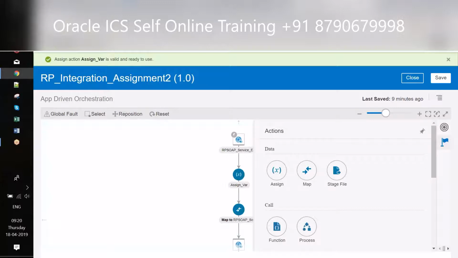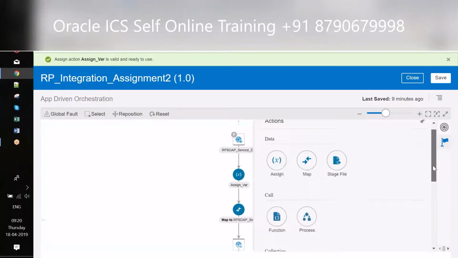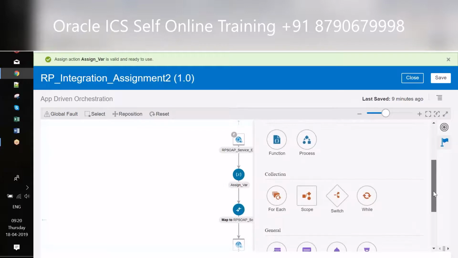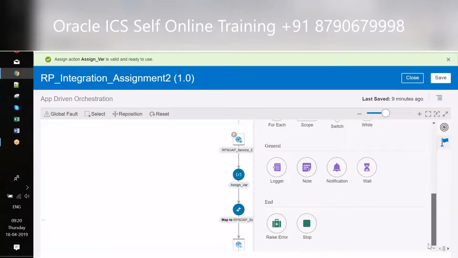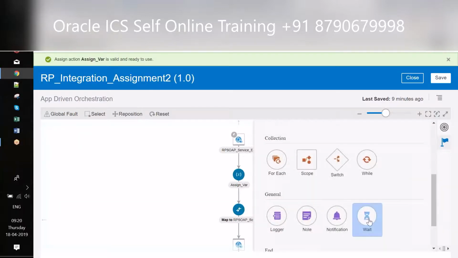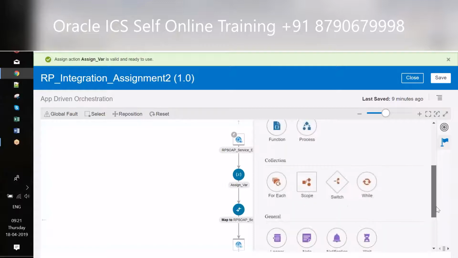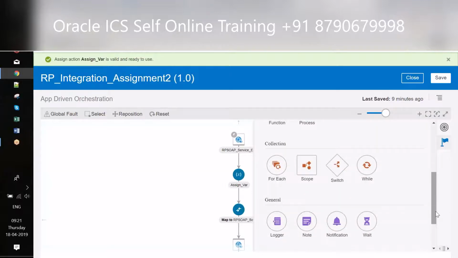Scroll down. Let's see what all we can cover today. Scope. Scroll down. Logger. Notification and wait. Okay. Let's talk about wait activity. I'll cover all the activities, but I'm just going in a random phase. So what the name itself says is that this will keep the process in wait state,